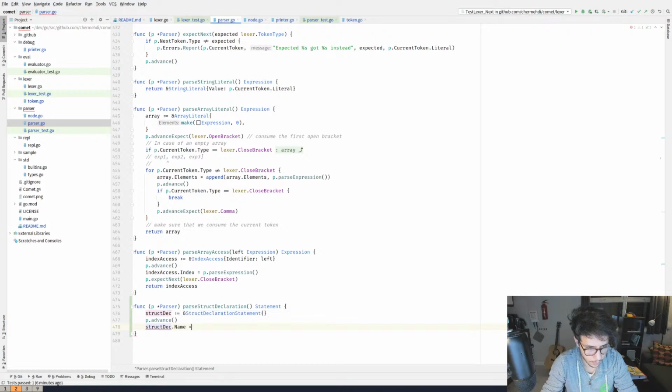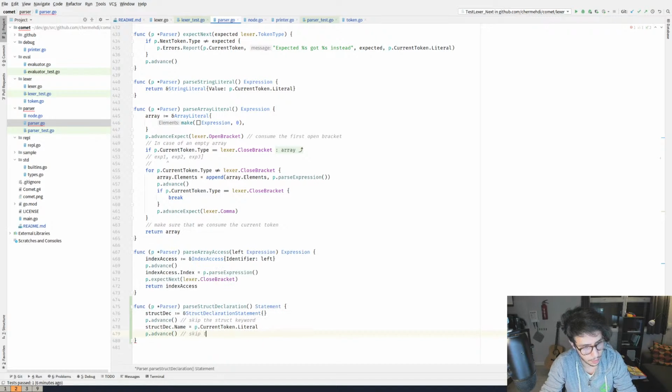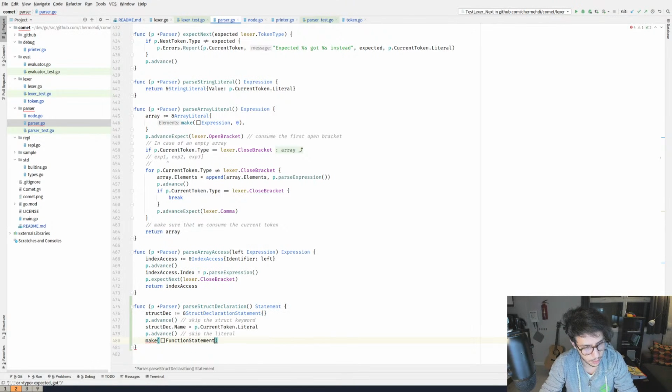Dot name equals p dot current token dot literal, because we skip the struct keyword, and p dot advance to skip the literal, and then we'll make func statement funcs. Let's give it a size.